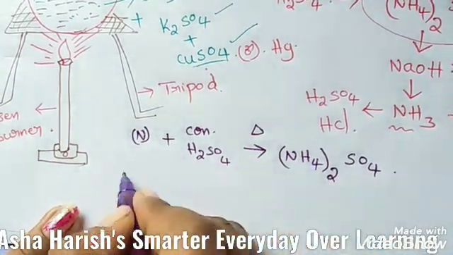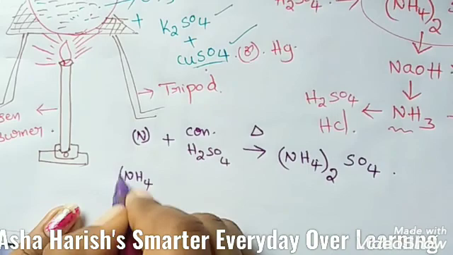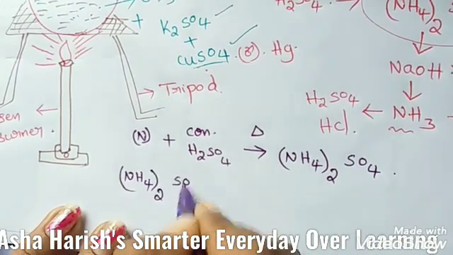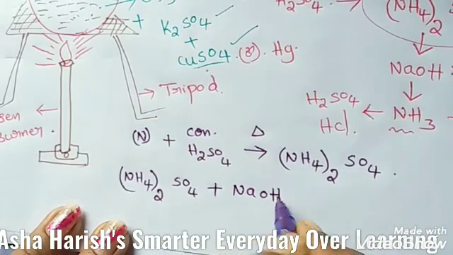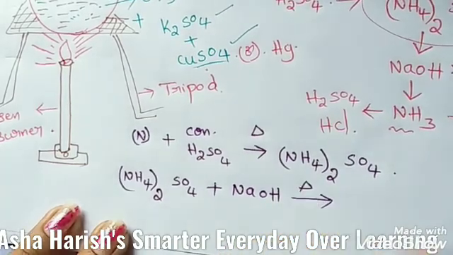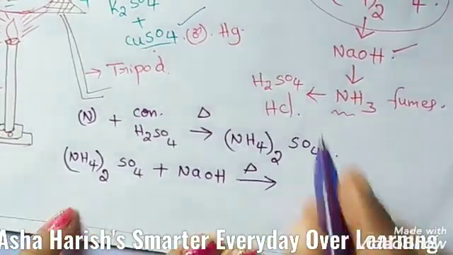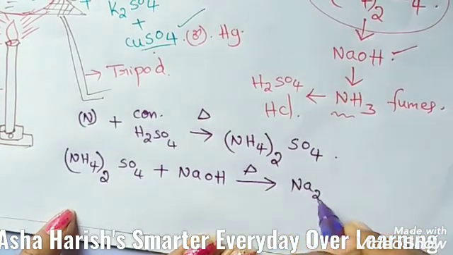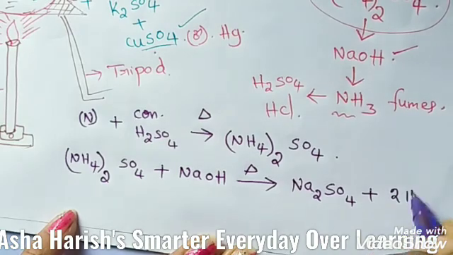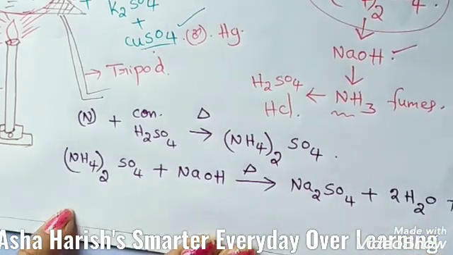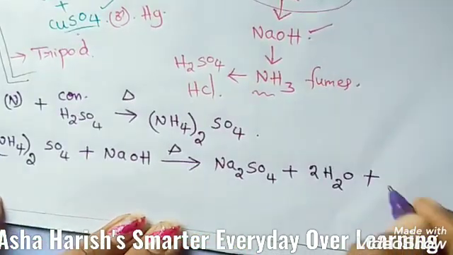And students, if you treat this ammonium sulfate with NaOH solution and apply some heat, then sodium sulfate, Na2SO4, will come along with water, and here is the major product, ammonia